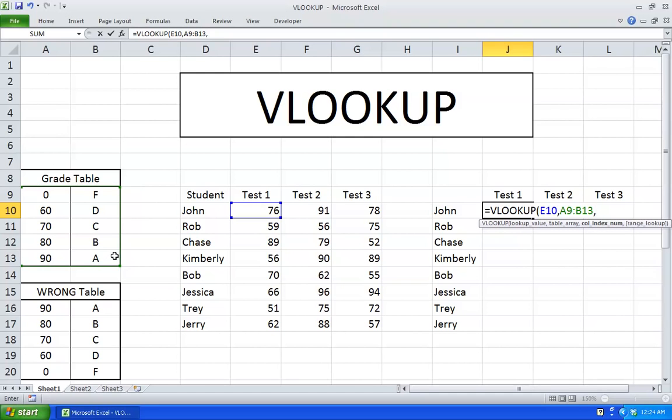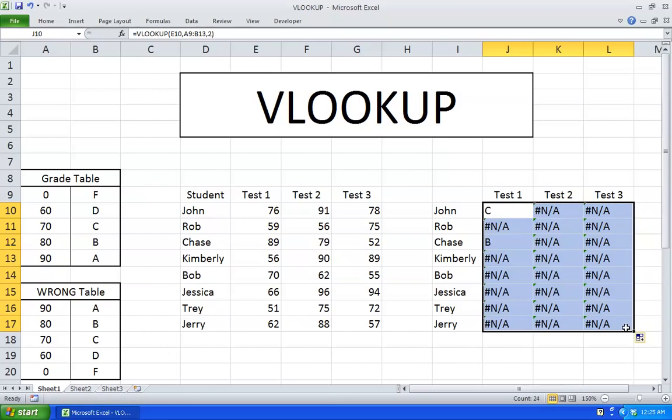And the column index number is the value I want to display from my table array. So here's my table array. Here's column number 1 and here's column number 2. So I want to display the information in column number 2. So I hit 2, close parentheses, hit enter. There you go. Okay, so now I'm just going to drag this over and display the letter grades